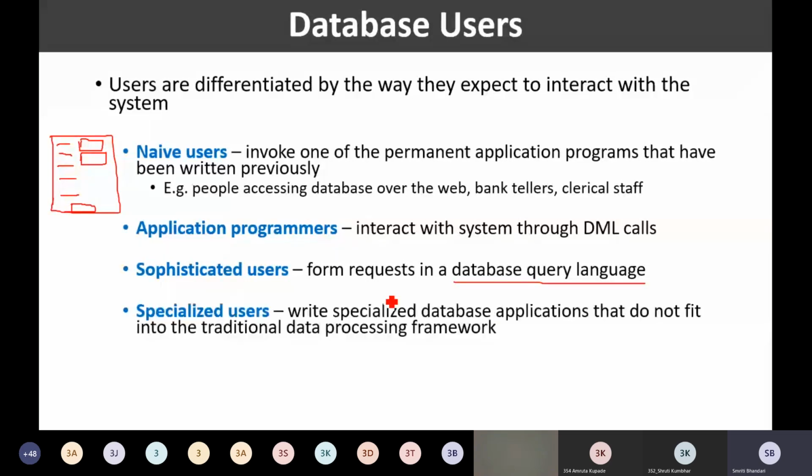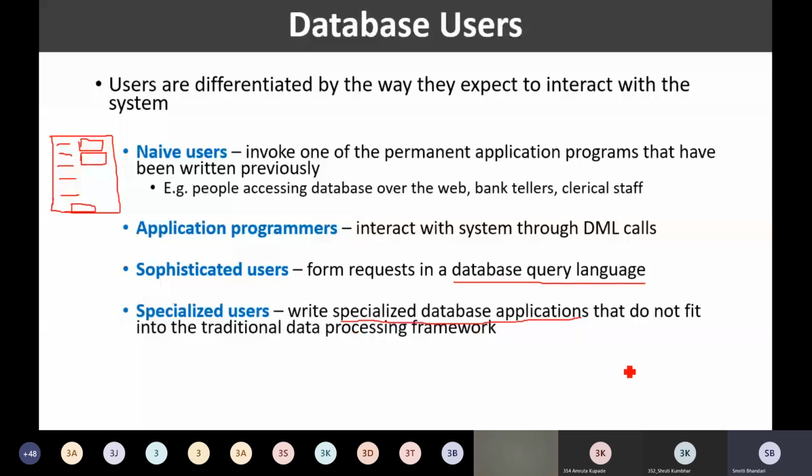The next category of users is the specialized users. So what are those specialized users? Those users are actually writing some specialized database applications.